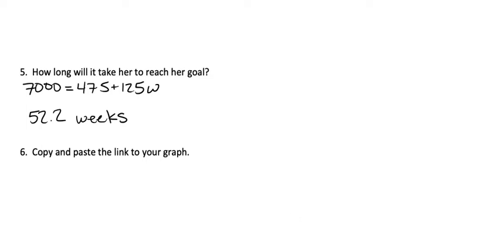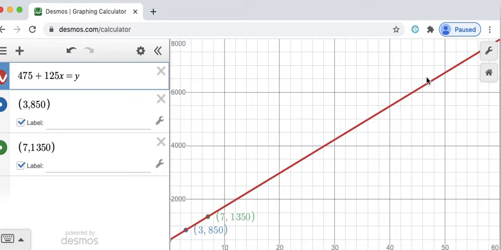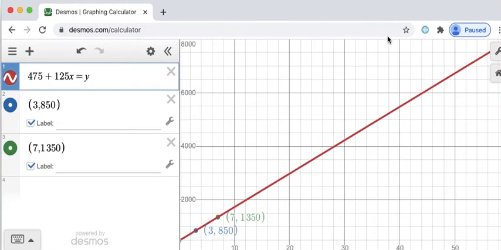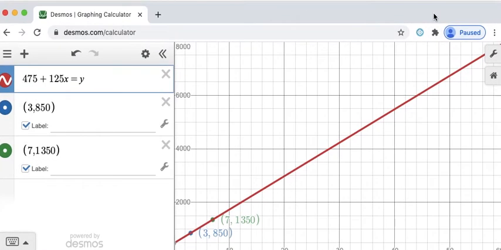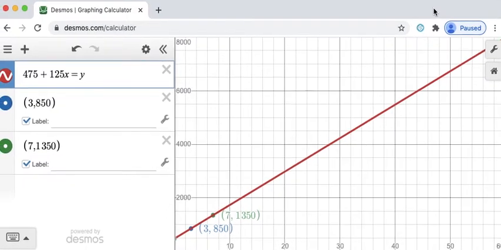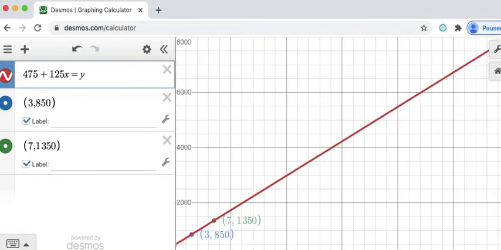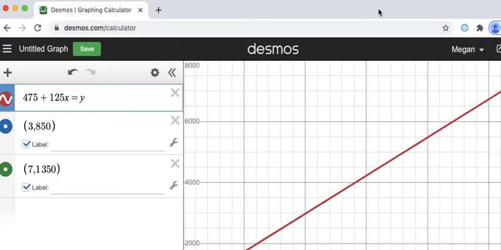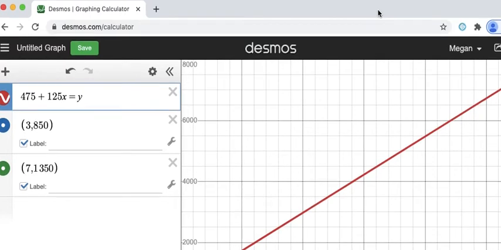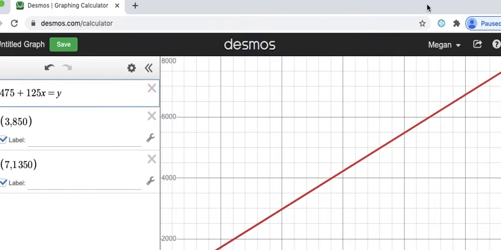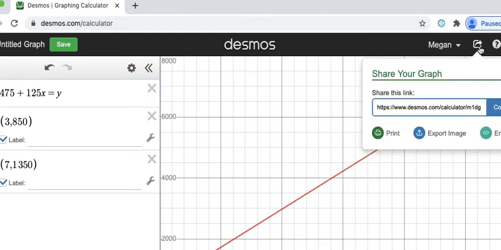The last thing that I want to do here is copy and paste the link to my graph. So when you're doing a Desmos graph, once you have it set so that you want to copy it, you need to have it big enough so that you have this kind of black toolbar at the top. And when you have this black toolbar at the top, you see this little button with a box with an arrow in it that says Share Graph. Click on that,